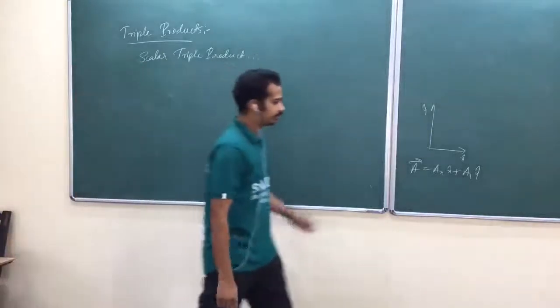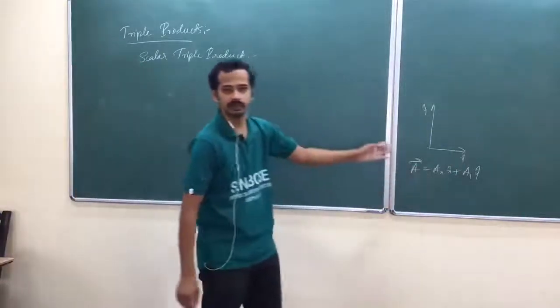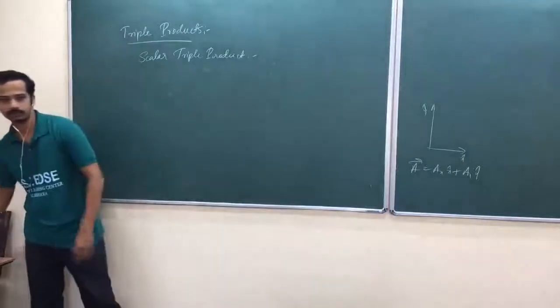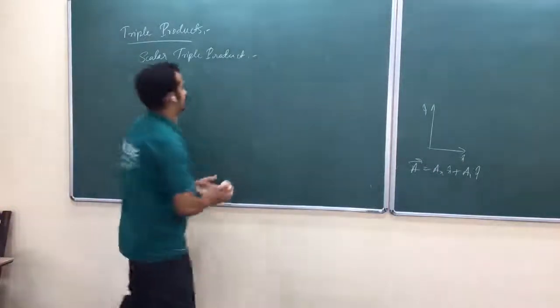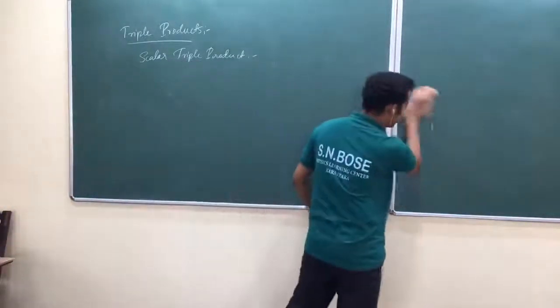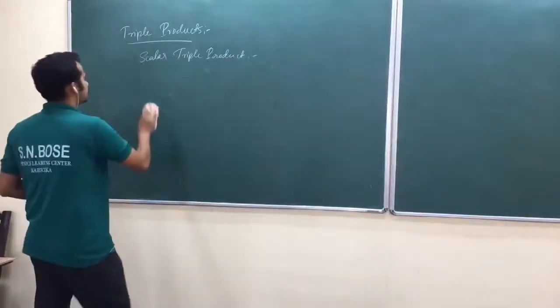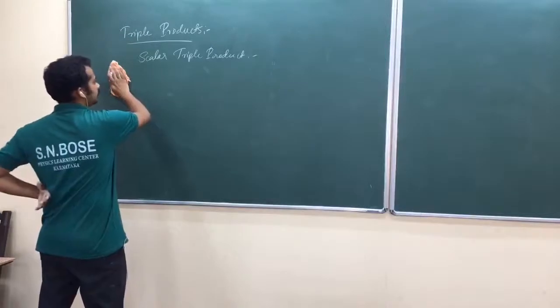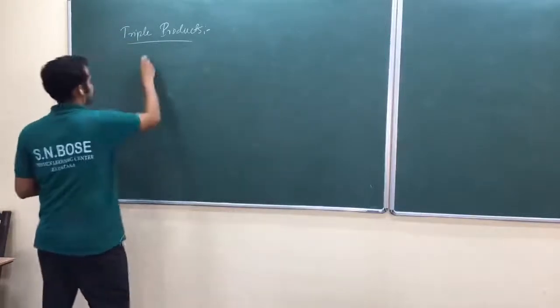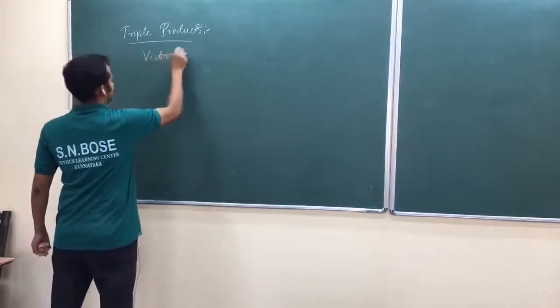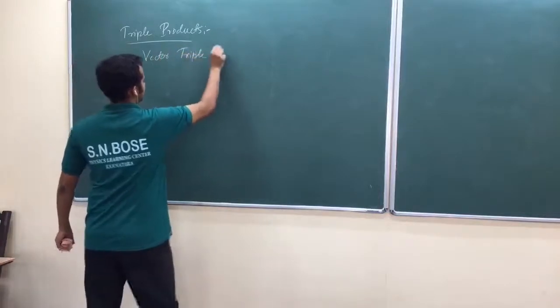But in crystallography, we try to write that as an integer linear combination. Let me come to that point later, okay? Integer linear combination of basis vectors. That's what we are referring to as a lattice, okay? Yeah, scalar triple product. Then vector triple product.